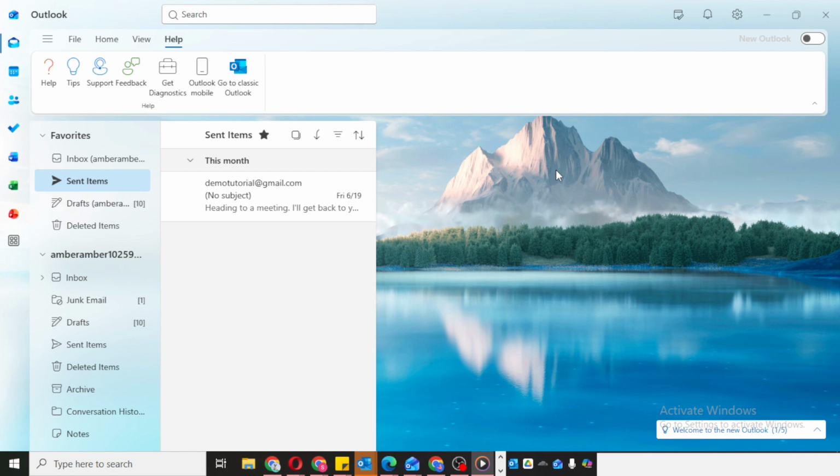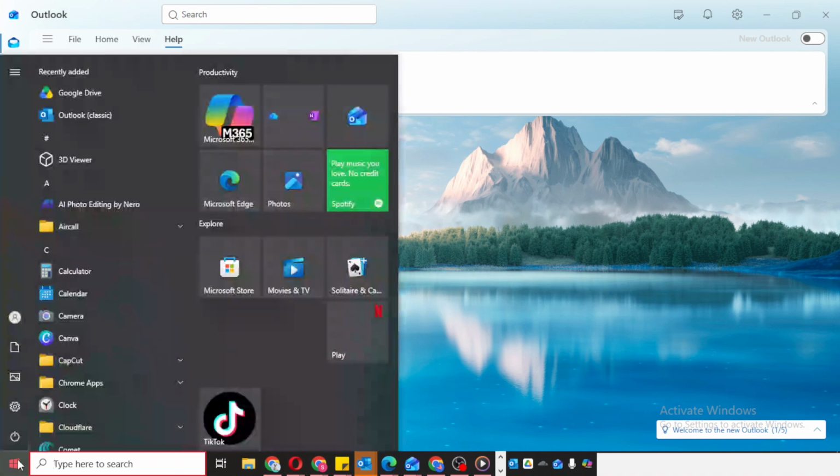To begin, open Outlook and check whether the error appears right away or when you try to sign in. This helps confirm that you're dealing with the same issue before making any changes. If the error is still there, the first thing to do is restart your computer. A full restart can clear temporary glitches, background processes, or connection problems that may be interfering with Outlook. Once your computer turns back on, open Outlook again and see if the issue has been resolved.